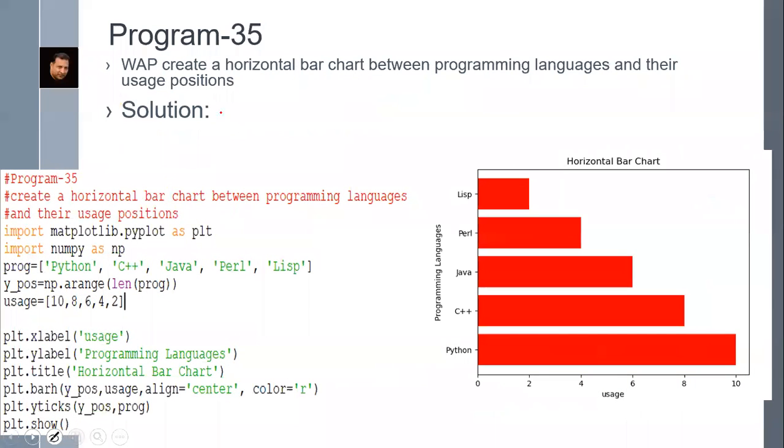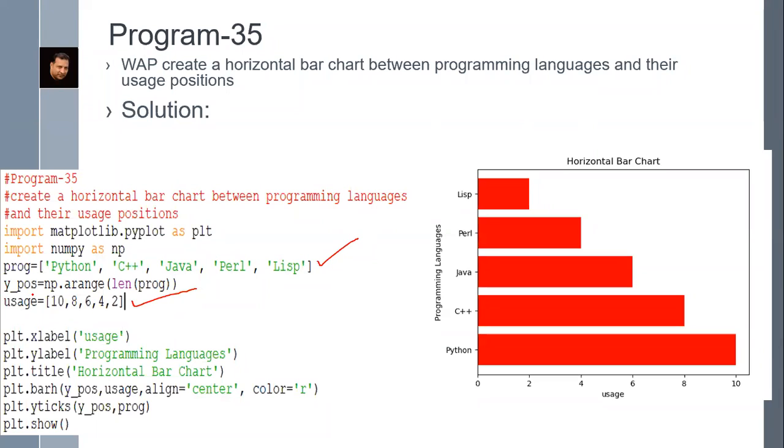Next, program number 35: write a program to create a horizontal bar chart between programming languages and their usage positions. Now here you can say data is not given, but data is given, and I have included that data in the program code. This is the data. These two lines were already given in the question. So programs: Python, C++, Java, Perl, Lisp.